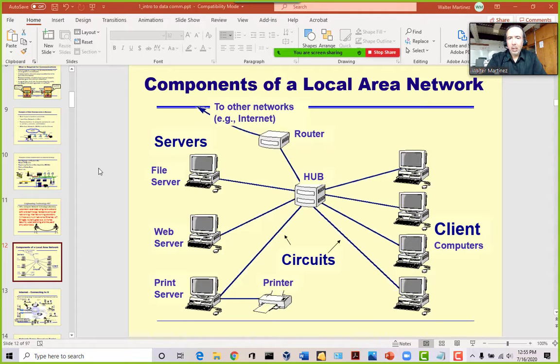We have the clients, which could be any kind of a Windows machine or a Mac or any device that's on the network also, like a Wi-Fi device, a Wi-Fi camera, a printer, and those kinds of things. Then you'll have a switch that connects it all, or a hub, and then you'll have a router that can route all the data out into the internet.